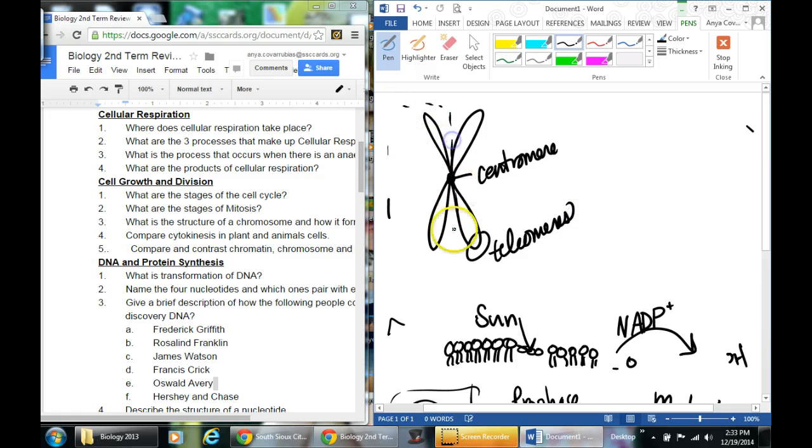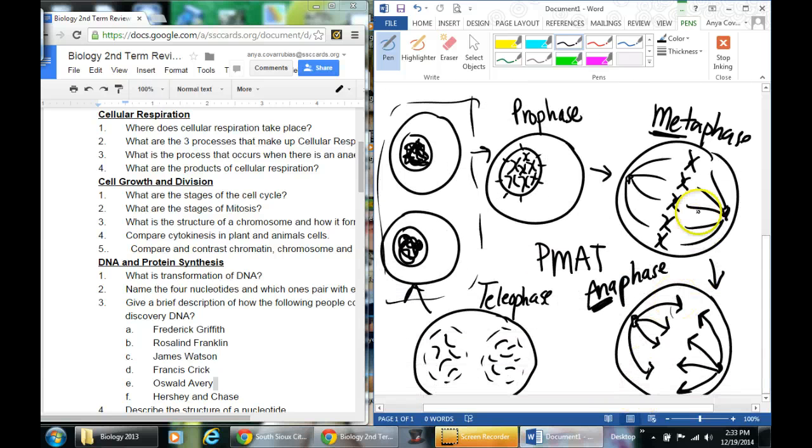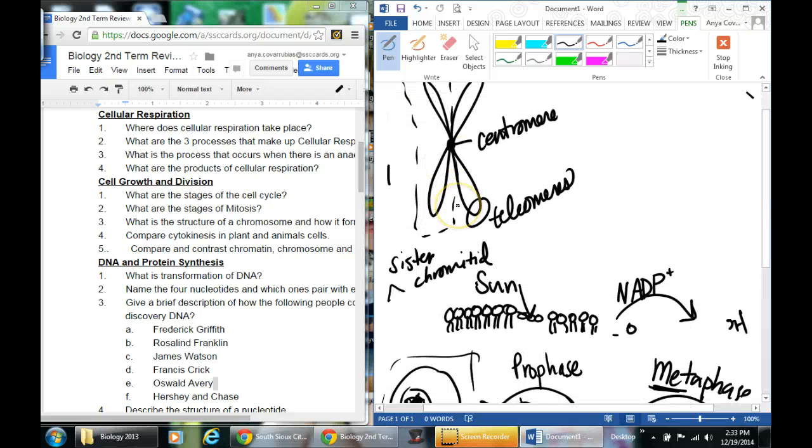And a half of a chromosome is referred to as a sister chromatid. So when we're talking about the chromosomes being split, we talk about these being split into sister chromatids, because sister chromatids are half of the